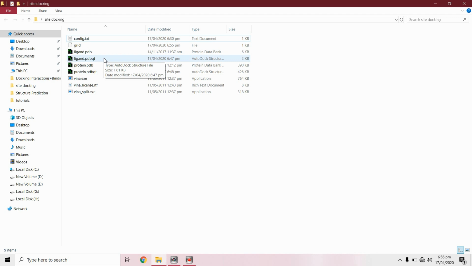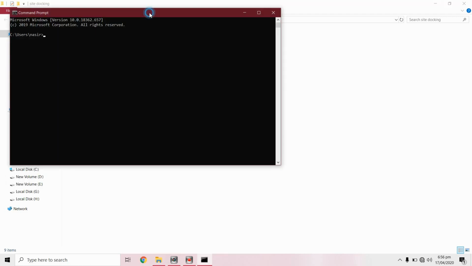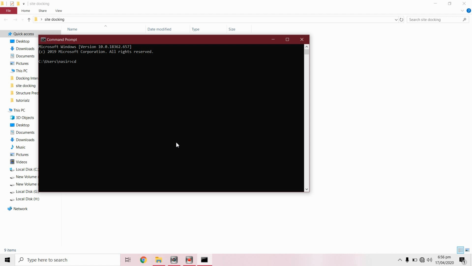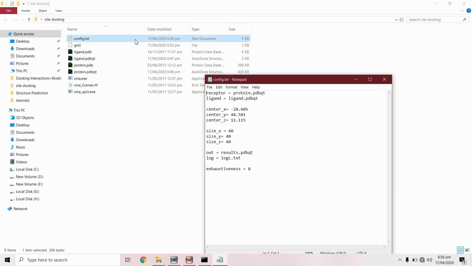Now we will perform docking by using Autodock Vina. First, we need to prepare configuration file. It has this format. First of all, receptor file, then ligand file, then the centers XYZ, and then size XYZ, then output file and log files, and then the number of modes.